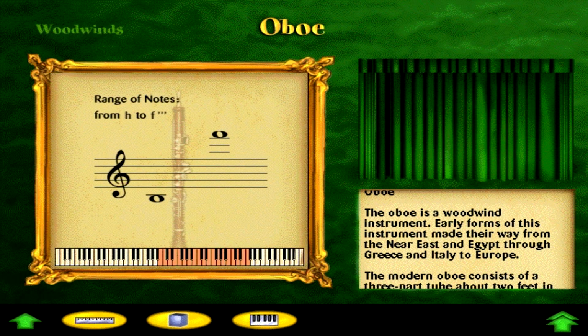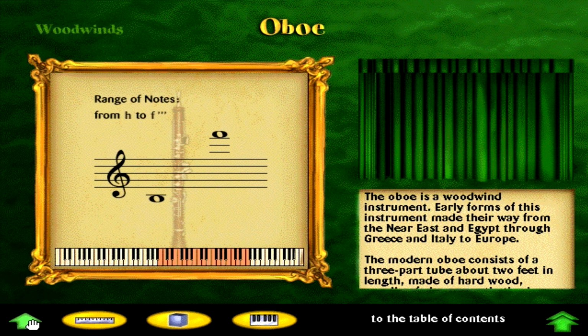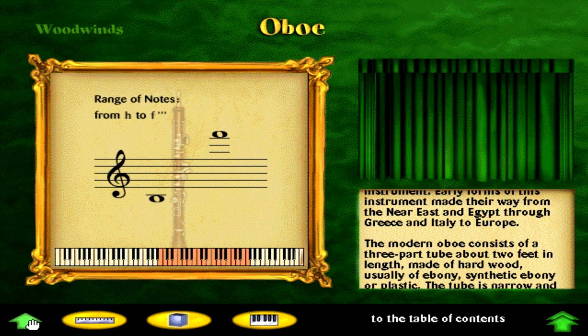The oboe is a woodwind instrument. Early forms of this instrument made their way from the Near East and Egypt through Greece and